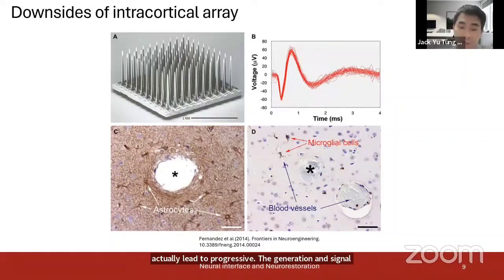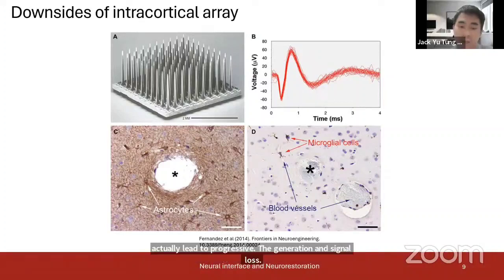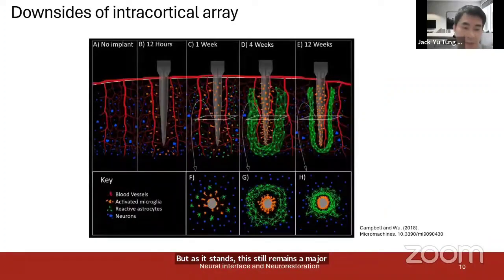There have been recent attempts to miniaturize these shanks and to use non-immunogenic coating materials, for example. But as it stands, this still remains a major consideration for such invasive implantable arrays. This is another diagram showing the typical time course of inflammatory changes. Initially, the electrodes sit in very close proximity to the neurons, as we can see with those blue cells in this image. But over the course of weeks, astrocytes and microglia form a shield around the electrode shanks,